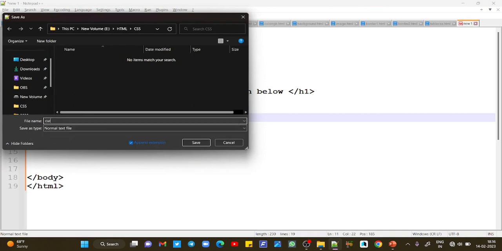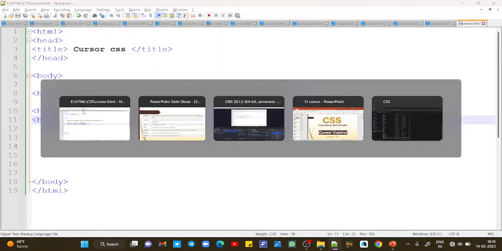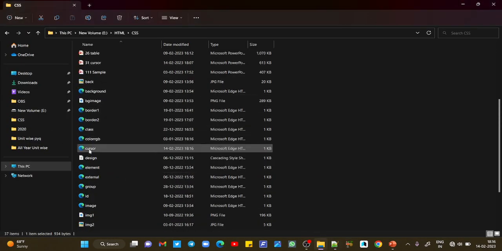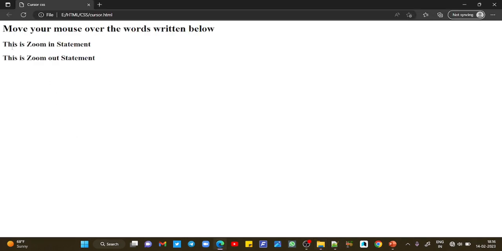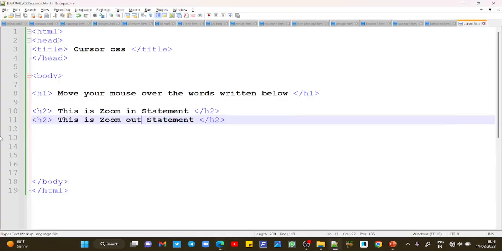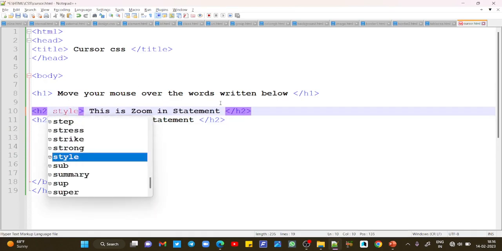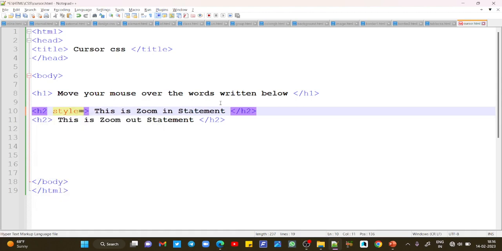So here we have cursor dot HTML. As you can see here, these three are the general statements till now, because we did not add any property over here. Okay, so for this, under the H2, what you need to do is just write style equals to,